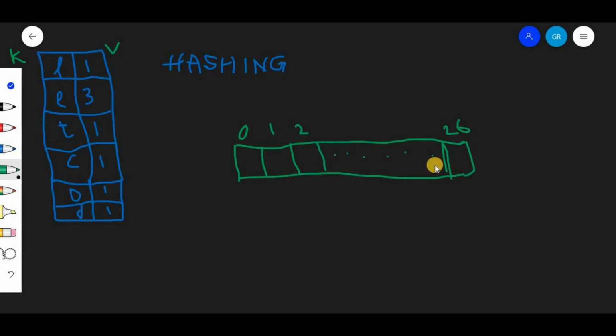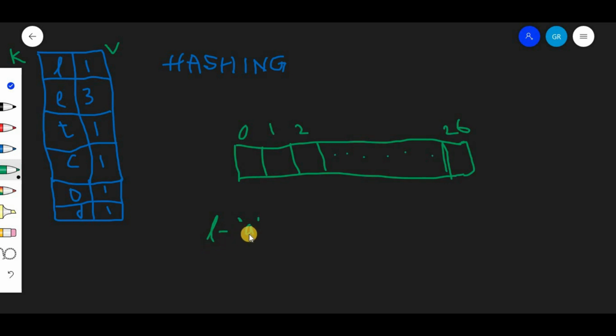And to store it, as soon as, let's say, L occurs, we will do the ASCII of L minus the ASCII of small a, right?